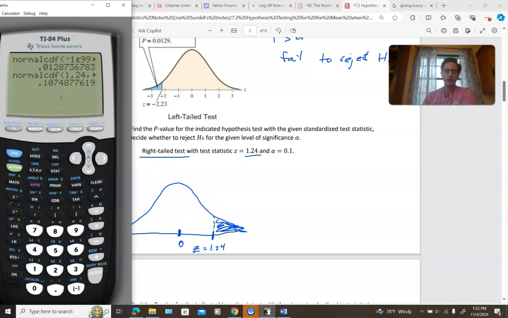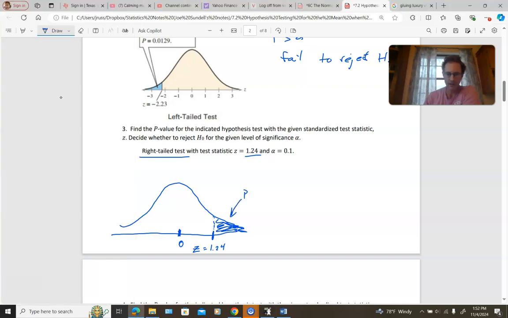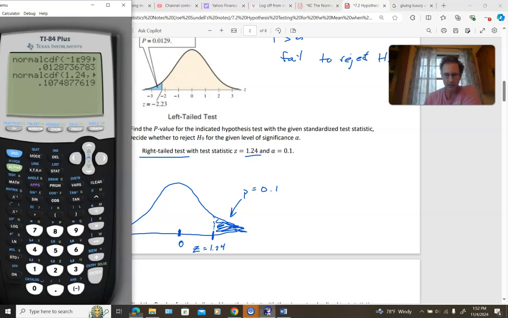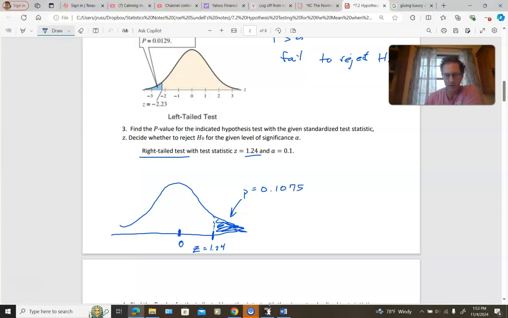Okay. All right, so this area right here, P, is equal to 0.1. Let me round this to 4 decimal places. 0.1075. Okay. All right, well, what we need to do now is compare this with alpha. Well, again, coincidentally, this value is greater than alpha. Okay, alpha is like 10%, and this is like 10.75%. Okay, so P is greater than alpha, and so we fail to reject